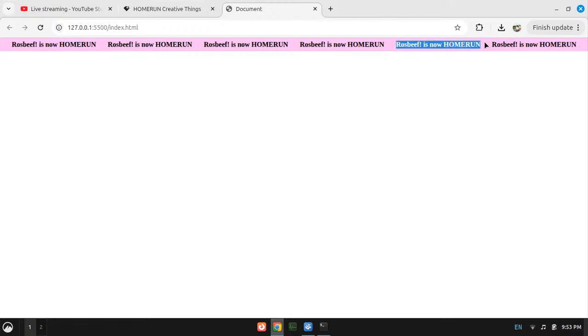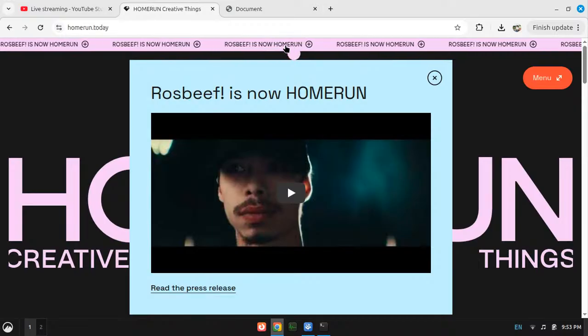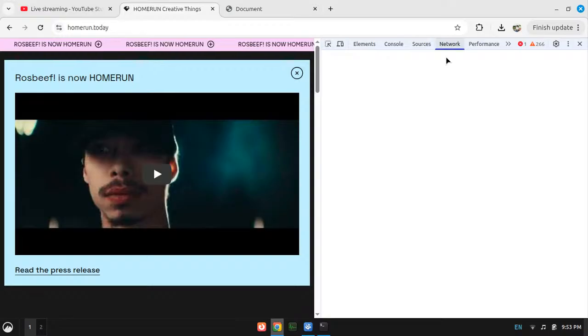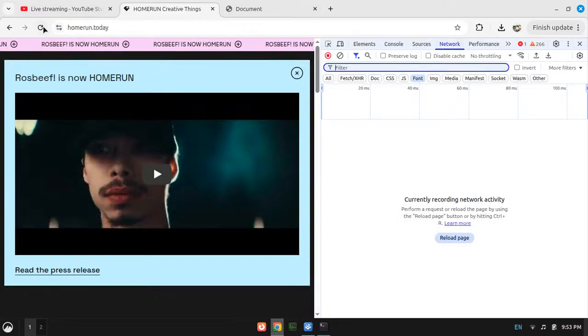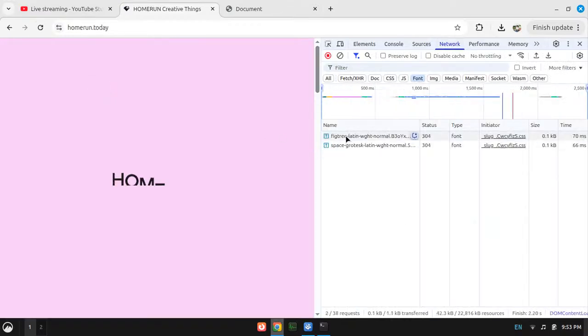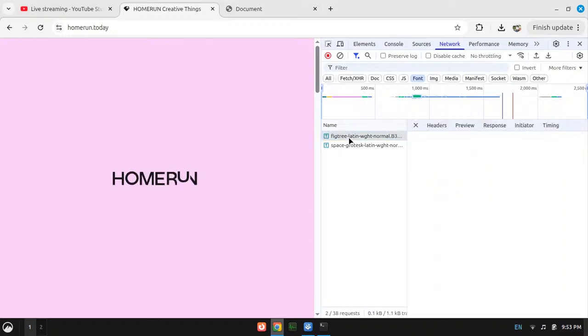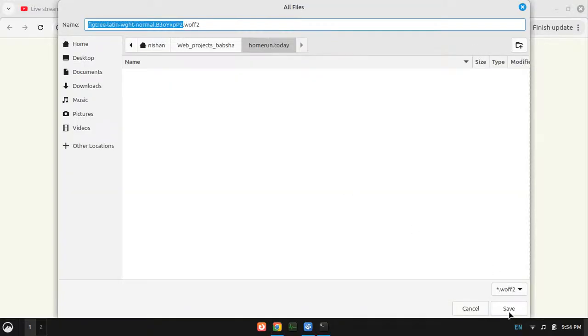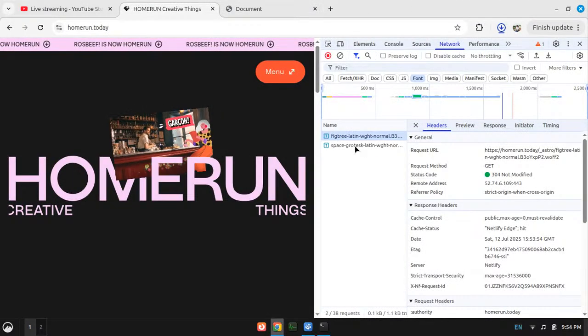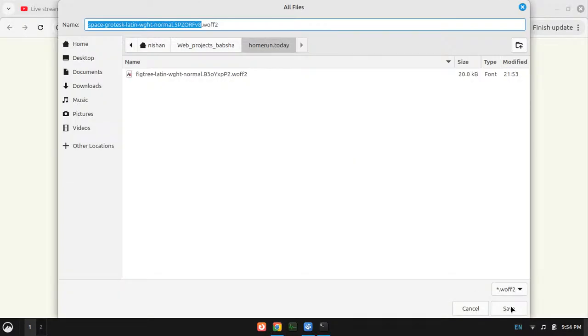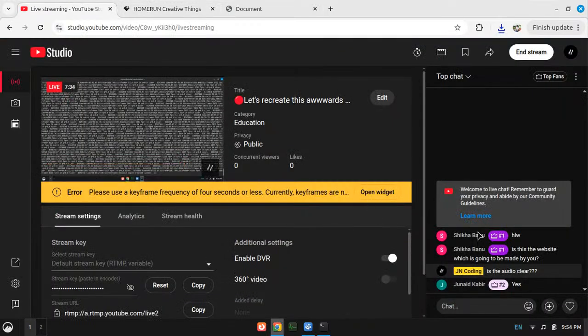And now I need this font. So where will I get the font? I will copy the font from here, right? So I will go here, go to the network tab, click on font, and then load. We reload the website actually. Yeah, there we have two fonts, and I will download them real quick. My laptop is currently screaming, so please don't mind the lag. It's literally way too much pressure for my laptop, I guess.